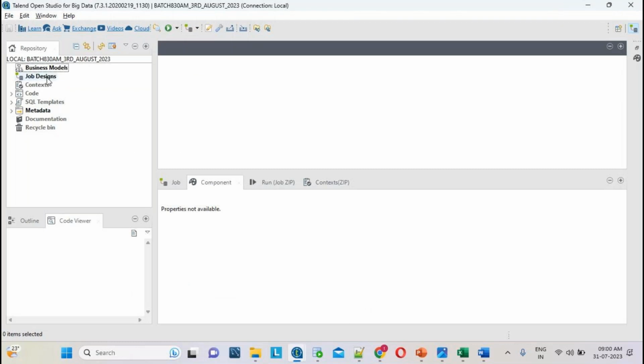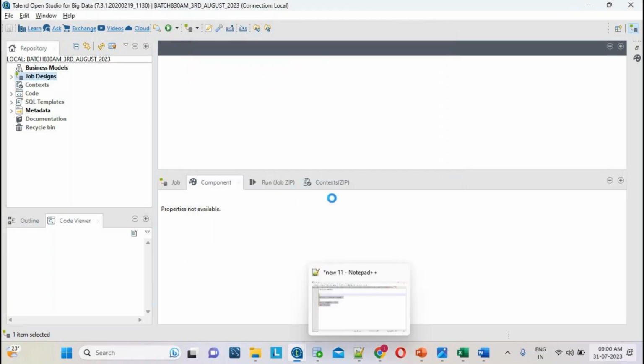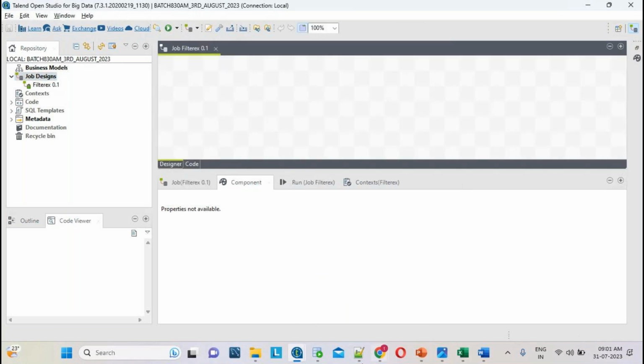Now let me go to job designs. Create a job. Provide the job name: filter example. See, first component.